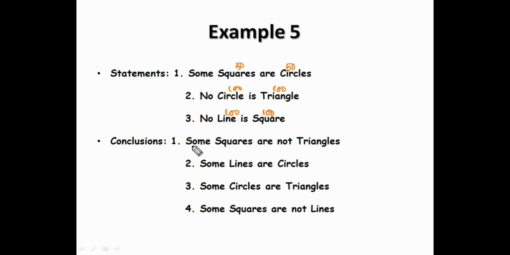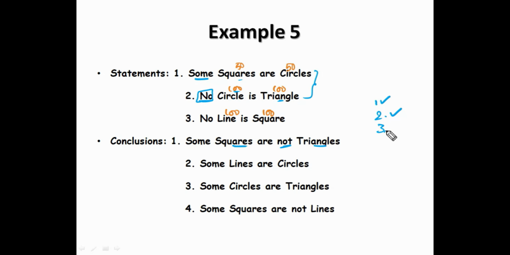First conclusion. Some squares are not triangles. Squares and triangles. To get the relation between square and triangle, we need to combine first and second. Okay, square is here and this triangle is here. There is a common element, circle. Yes. See the positivity and negativity, step 1. Some positive and negative. Result must be negative. Yes, given negative only. Next, second step. Can you combine or not? One is 100. No means 100, both elements are having 100 values. So at least one will be 100. Yes. Step 2 also cleared.